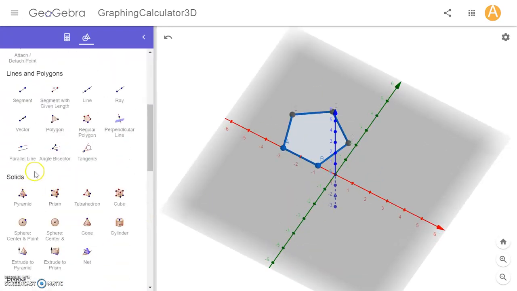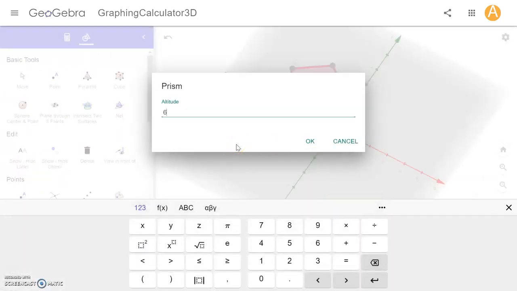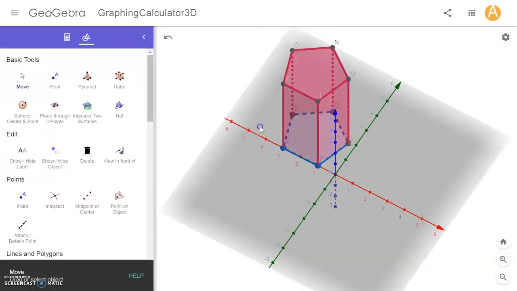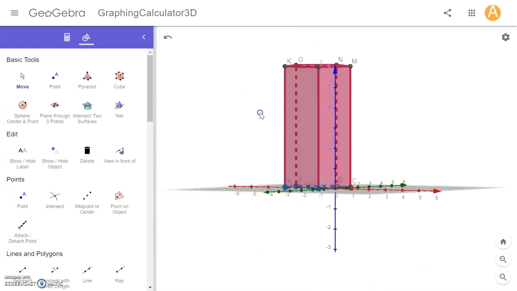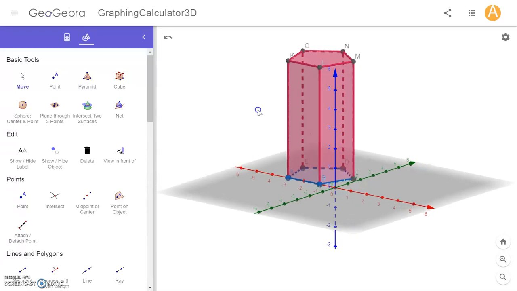Then I can use the extrude tool, which will turn it into a prism. It just layers it on top of itself. I decided to make my prism have a height of 6. So as we can see, we have a pentagonal prism. And if we look, our bases, the sides on the top and the bottom,